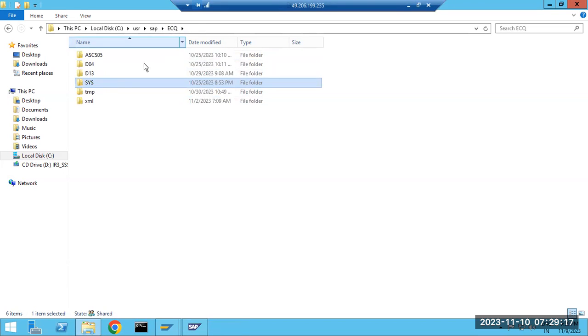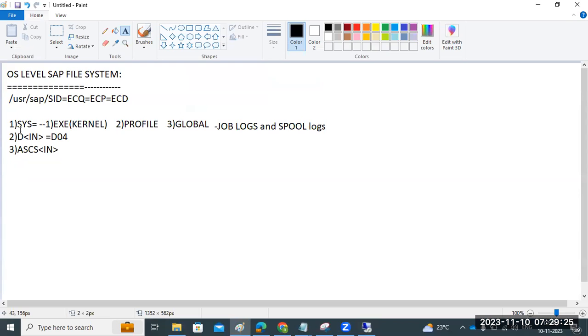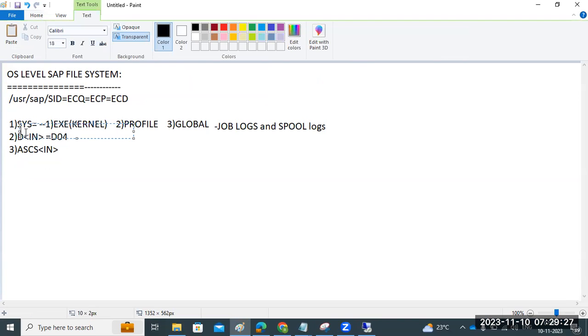Under the sys directory, we then have the D instance number, the application server related profile. If you have n application servers, you will get the n application server related profiles here.